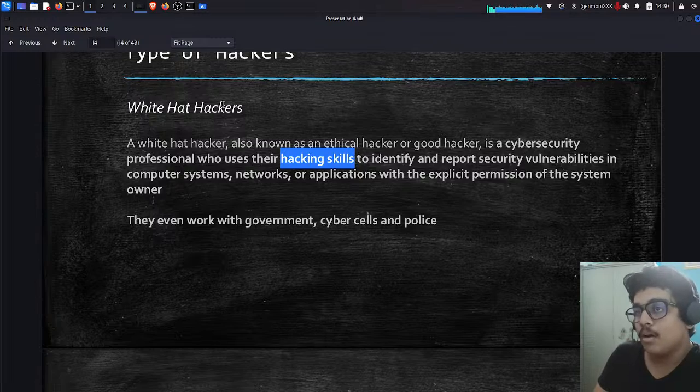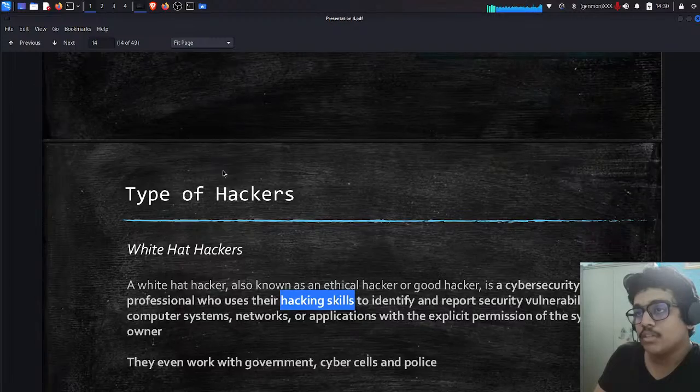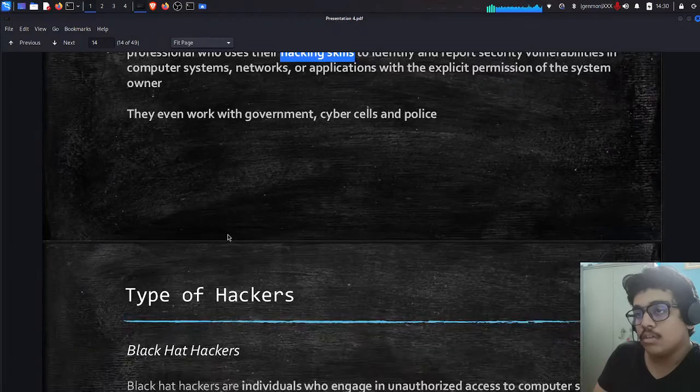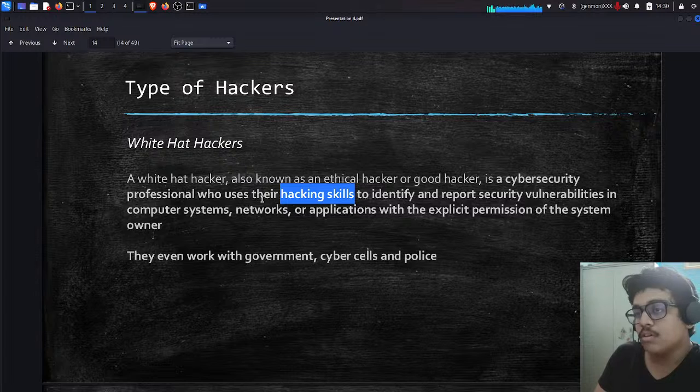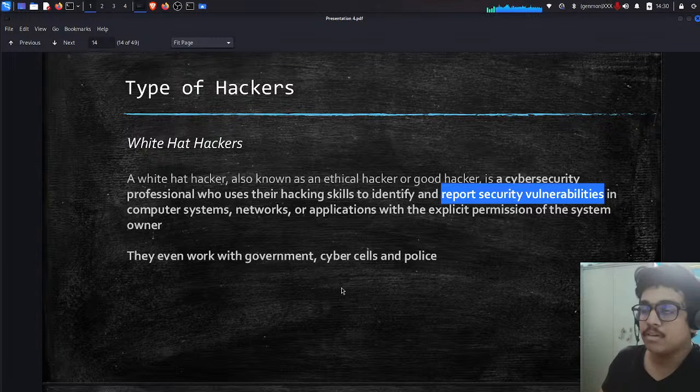What is common between a white hat hacker and a black hat hacker, we will discuss later. They both do the same thing, but the outcome is different. A white hat hacker uses their hacking skill to identify and report security vulnerabilities in computer systems. We have taken the example of UPI payment. They test if the payment is authorized, and if it is made by someone, it should reach the exact person we are sending the payment to. There should not be a man in the middle who can alter the payment, alter the amount, or change the person to whom we are sending the payment. So they will report the security vulnerabilities in the computer system and networks.